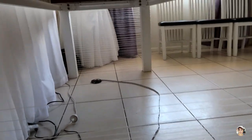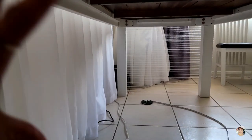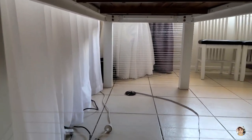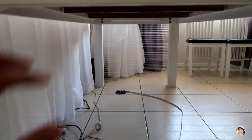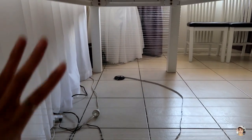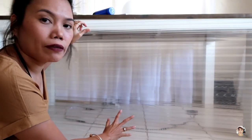So that's what it looks like so far, guys. I already put string around this side, and I leave a gap of nearly 12 inches, so that we're going to drop all the balloons in this gap. And then, guys, on the front of the table I will be using this